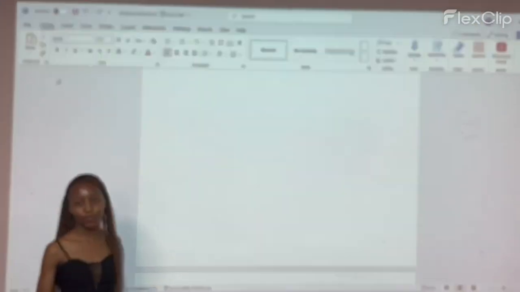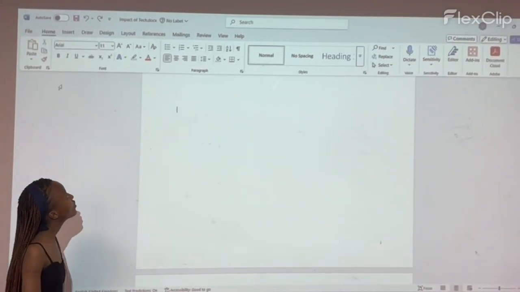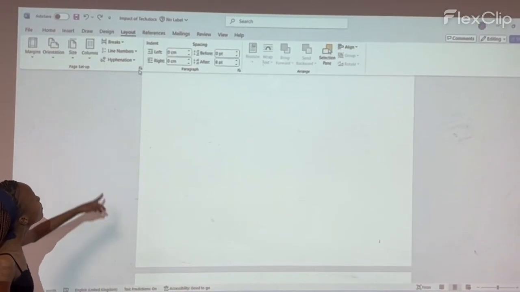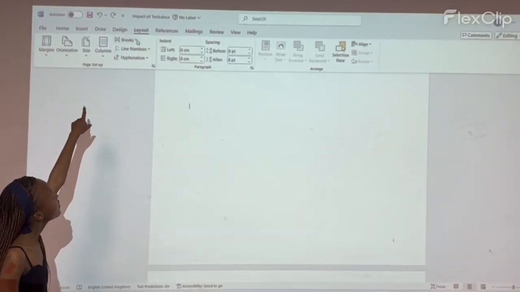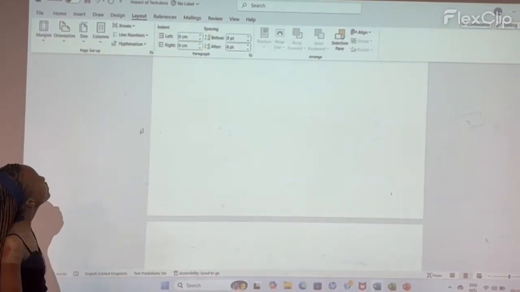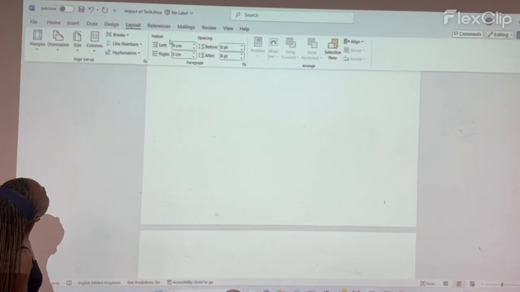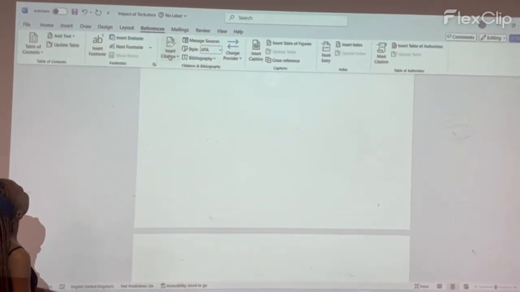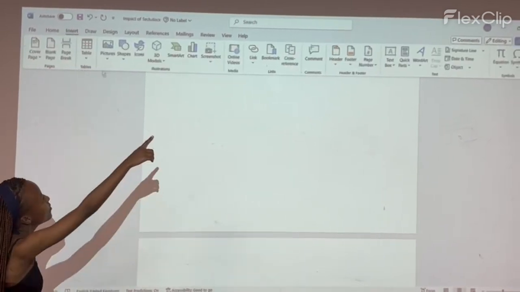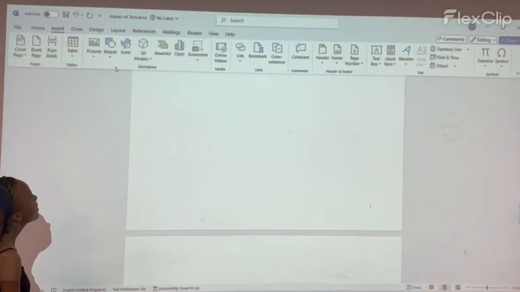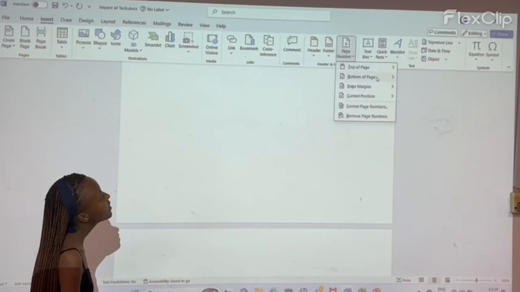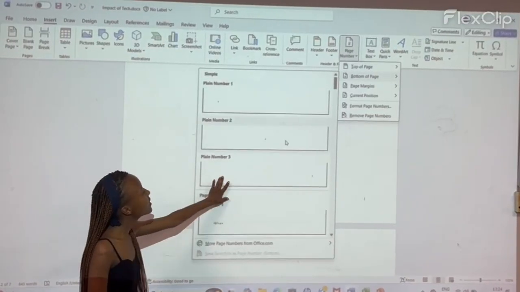Page numbers and table of contents. First thing we're going to do is go to the layout tab, go to the breaks, click the drop down and select next page, and then you go to the reference tab, the insert, and then you go to page number, drop down, click bottom of page, bottom right,